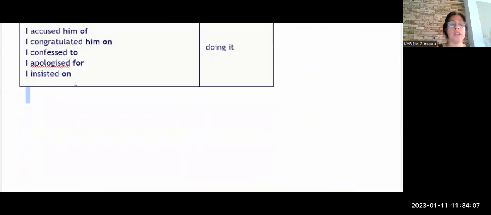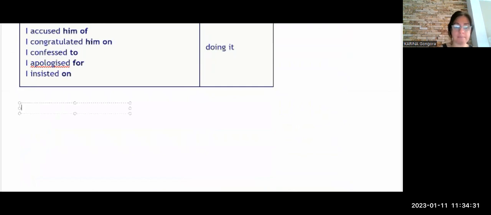Okay. So what are the things that you need to take into account? First of all, you need to take into account, for example, if the sentence is a statement, si la oración es una declaración, o sea, cualquier oración afirmativa o negativa que tenga un sujeto y un verbo, you have no problems, right? The problem will come when you have, for example, an imperative sentence. Imperative sentences are orders, right? When you have an imperative sentence,